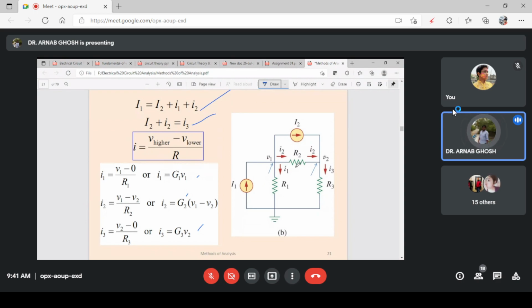Right. So see, this is R2. If you are taking this as V1, you are getting this V2. So your current will be the higher potential minus the lower potential, divided by the circuit element value. Similarly for this, between the non-reference node, this is V1 minus 0, the higher potential minus lower potential, by R1. And for this, it is higher potential minus lower potential by R3. So this is how you are getting the branch currents. And then you are equating the branch currents at any particular node by applying KCL.